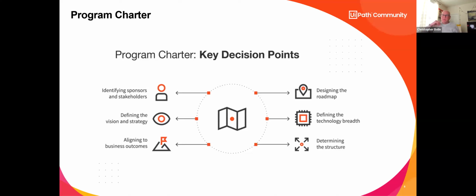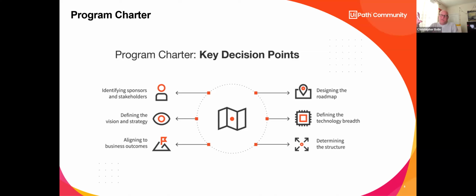Let's talk about the program charter, because as a project manager running projects, those are all falling underneath the program charter. So let's talk about what a program charter is. A program charter is a high-level document that the organization puts together, and let's say they're focusing it on RPA. This is what we want our RPA program to do. And so that program charter in itself establishes who your stakeholders are, who the players are, and we'll talk about those next Monday. What's the vision and strategy of your RPA program?